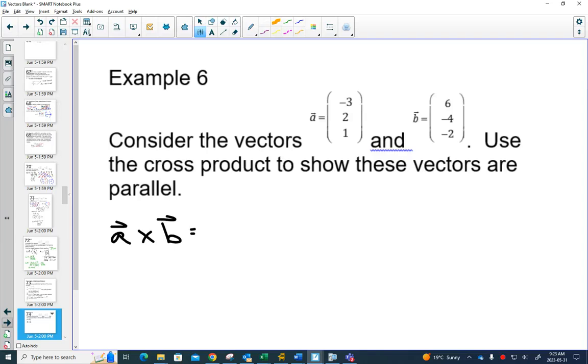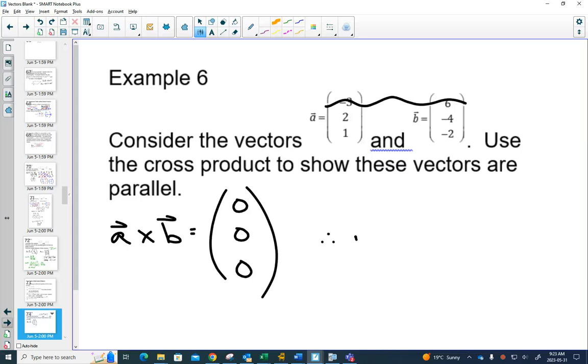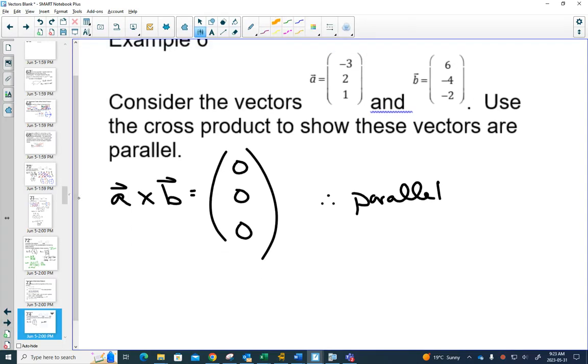If we did the cross product on this one, you get -2 plus 4, you get 0. Do the same thing with the next one, you get 0. Do the same thing with the third one, you get 0. I guess on the second one you'd have -0 for a while, and then that would still be 0. And if you get the 0 vector, they're parallel. Just to remind you of the other technique,